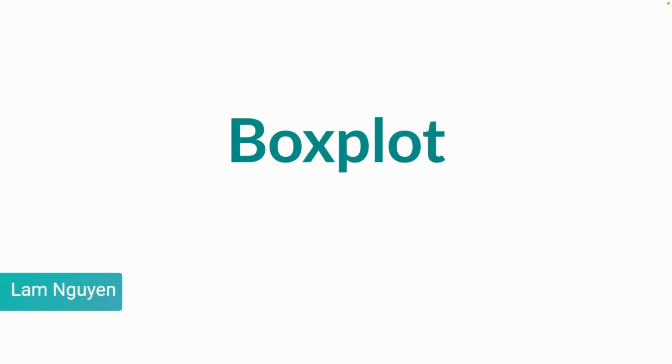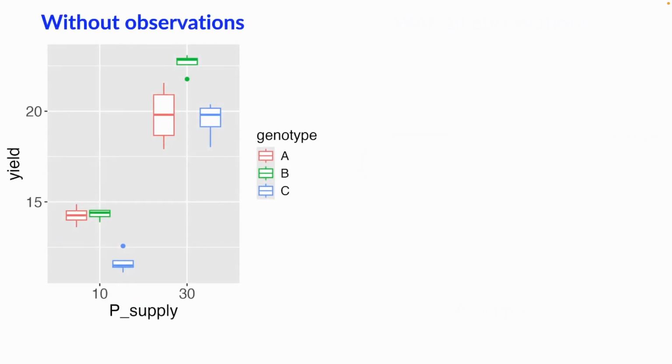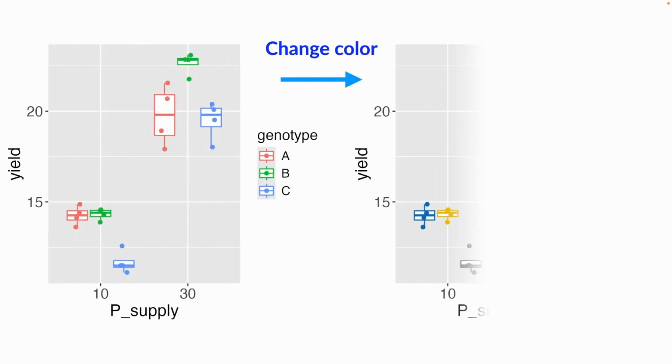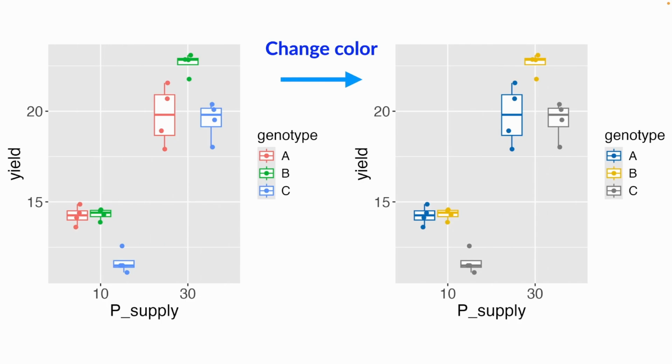This tutorial is about drawing box plot in R. In this tutorial, we will use a great and simple way to draw beautiful box plots. We will plot box plot without observation but outliers and with all observations. You will also learn how to select color for box plot using simple codes.